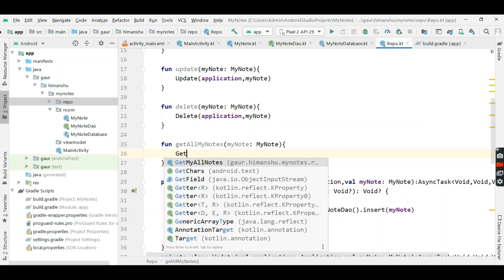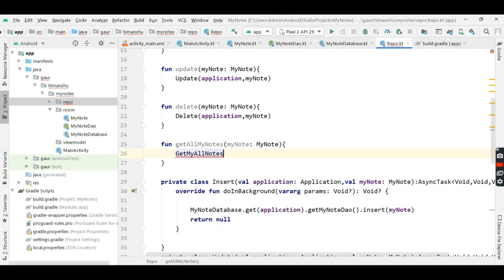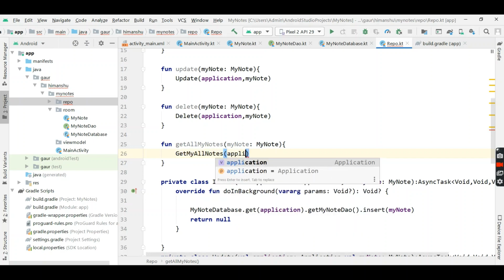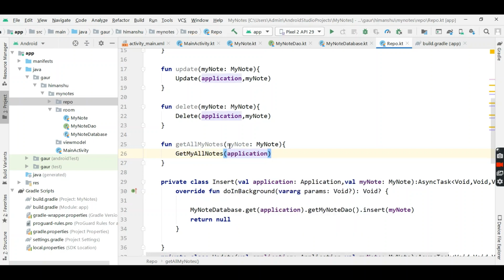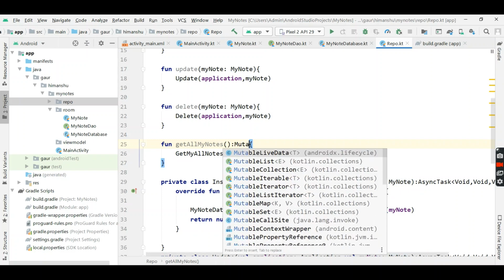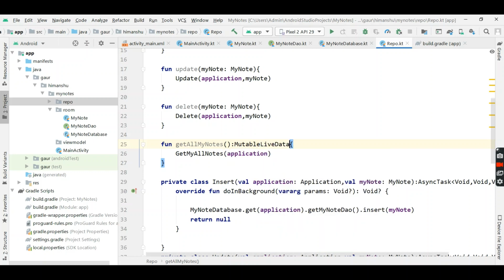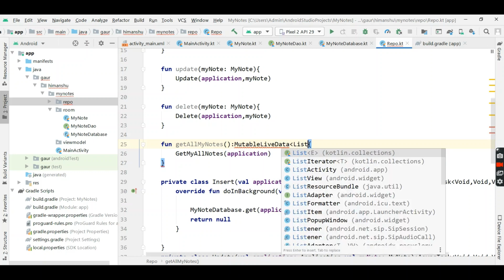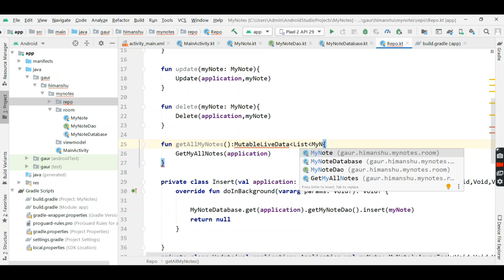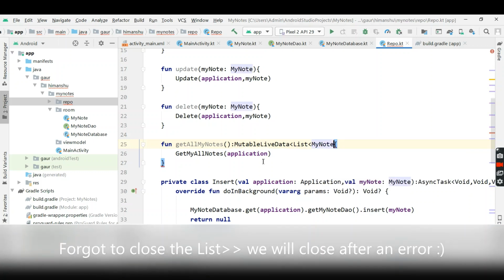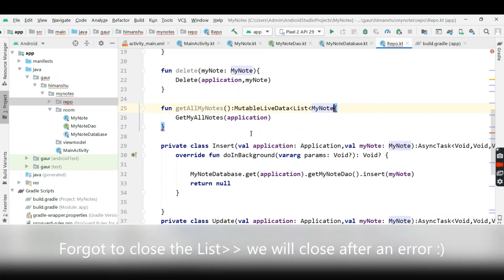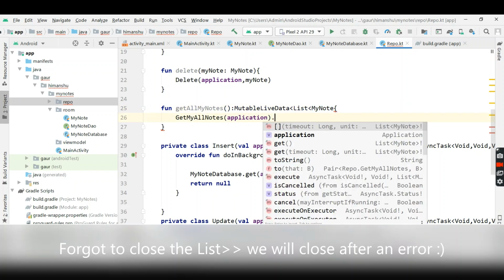So get my all nodes and pass application. No need to pass this my node, so simply remove this, and we will return mutable live data, which is list of my node. Okay, so this is our application and simple get.